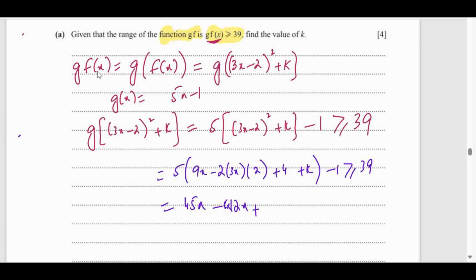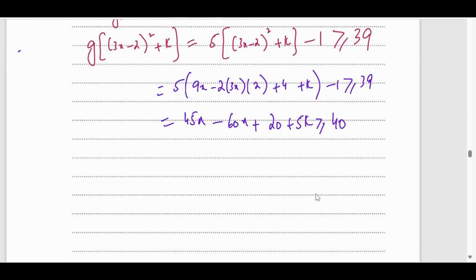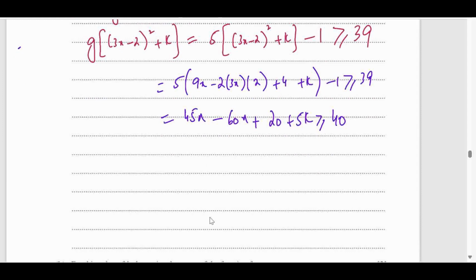So 5 multiplied by 12 will be 60x, plus 4 into 5, 20, plus 5k greater than or equal to 40. Now if we divide it by 5 on both sides,